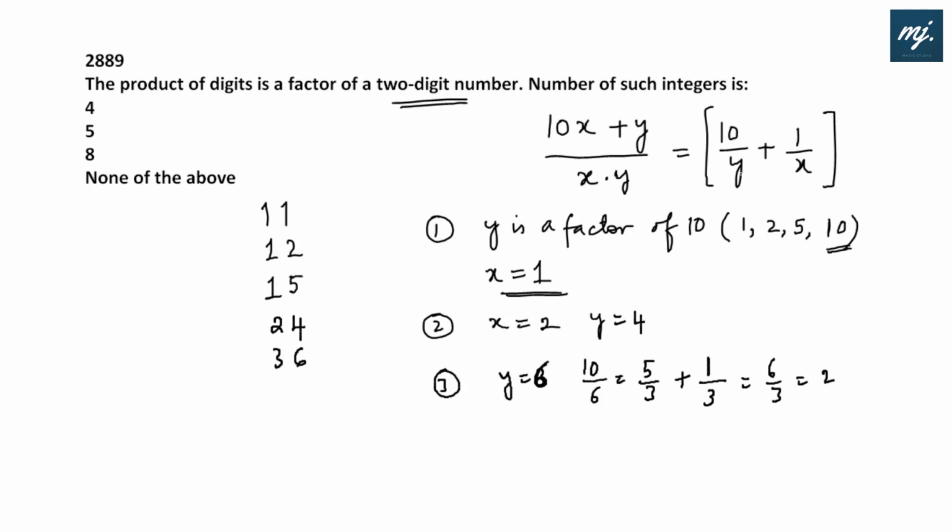Fine. Now again, if I take here 8, what will I get? 5 by 4. But here if I take x equals to 4, it is only 1 by 4. I should have 3 by 4 to make it divisible by 5 by 4. No other option shall fit in more. 11, 12, 15, 24, 36. Option B fits in.